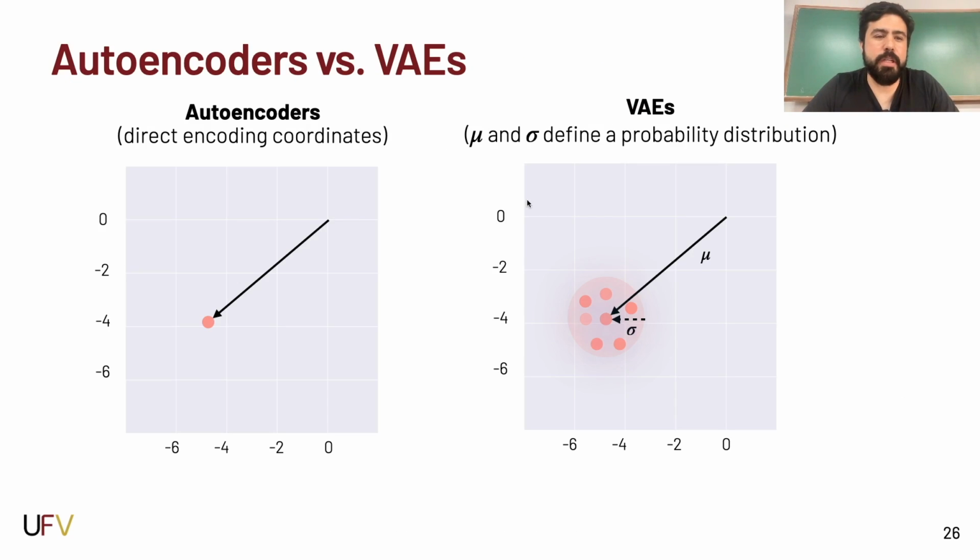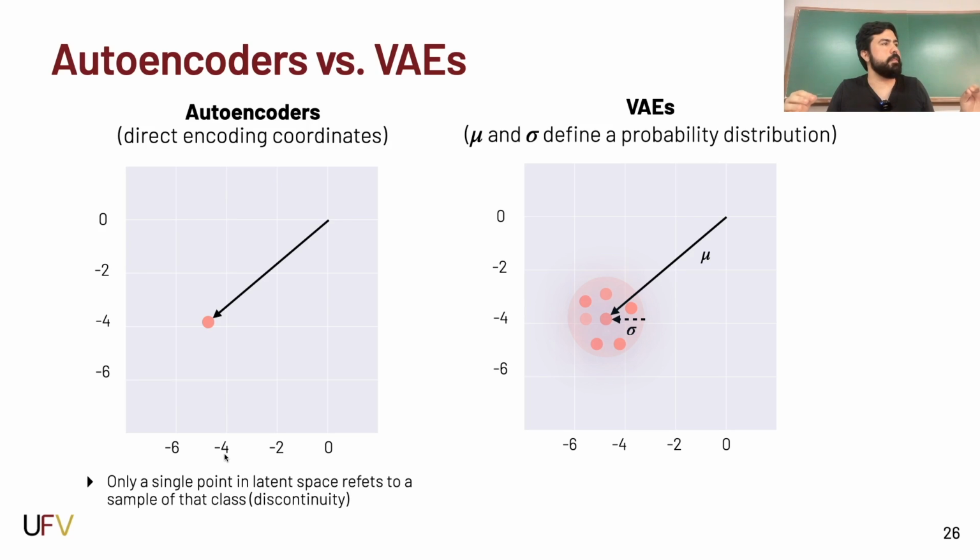Okay. So in an autoencoder, my Z vector is pointing to just one point in latent space. Because I have these independent points, I'm going to have by design a discontinuity in my latent space, unless I see an infinite amount of points, right? Because I have a limited amount of training data, and each Z is associated to each example in the data set, right? There will be a discontinuity by design. So the way you're trying to fix this is now I'm learning these 2 vectors, mu and sigma,